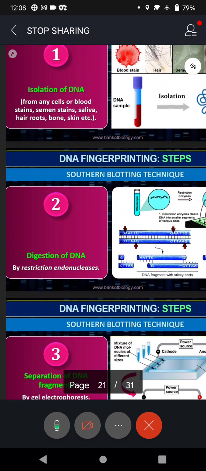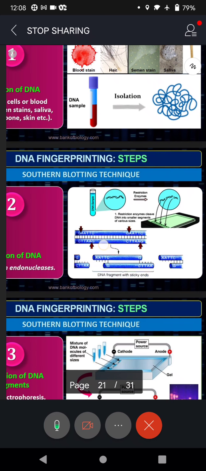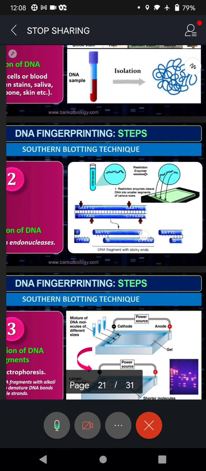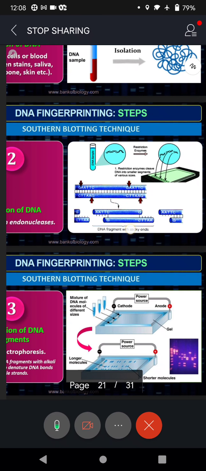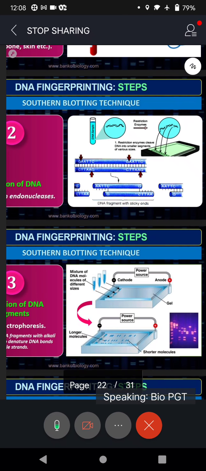You must remember this. So in your MCQ, this may be asked: name the enzyme that digests DNA or that breaks DNA. Restriction endonuclease. And look at that, what it is doing. See that blue ribbon? At specific sites it is cutting, that too. That is the greatness of this enzyme. Okay, we want that DNA to be cut after the adenine sequence.